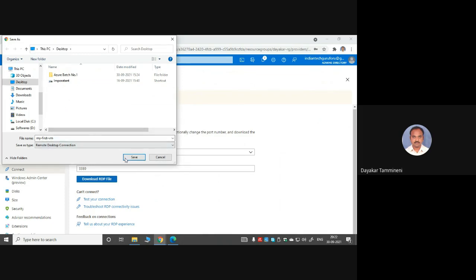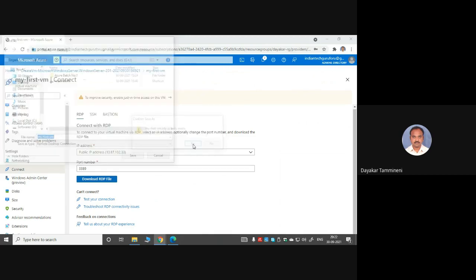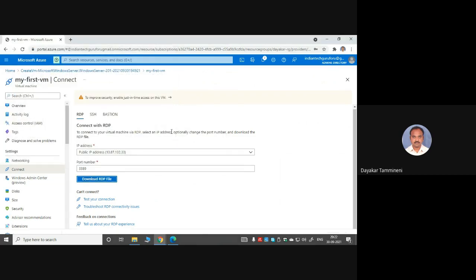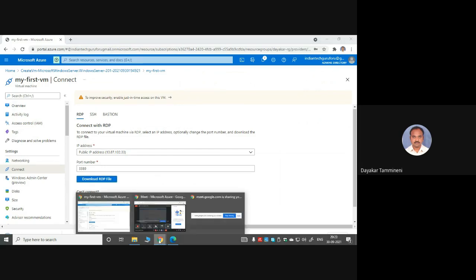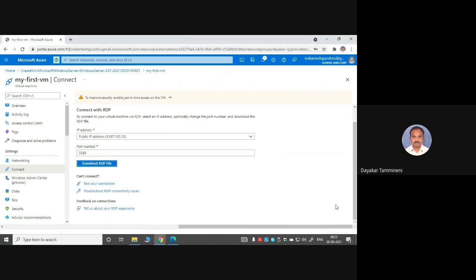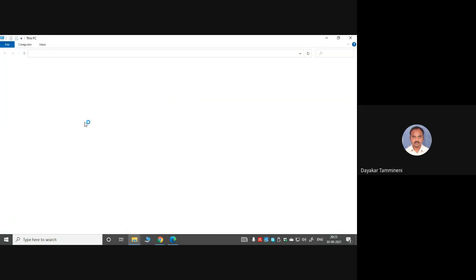So I am saving this file, my first VM, on the desktop. My first virtual machine. So it has been downloaded to my desktop.